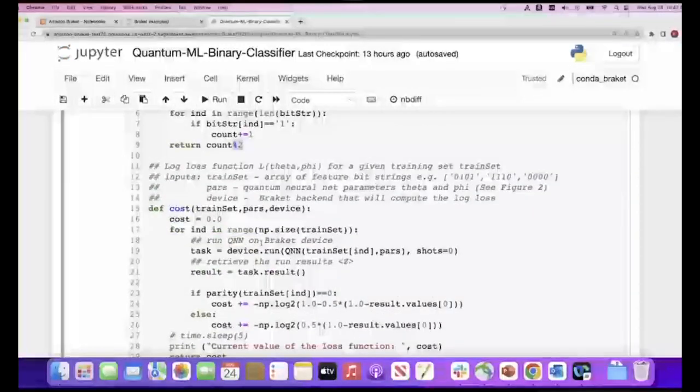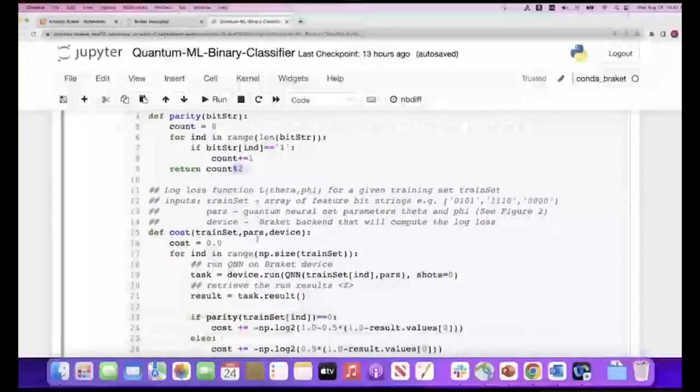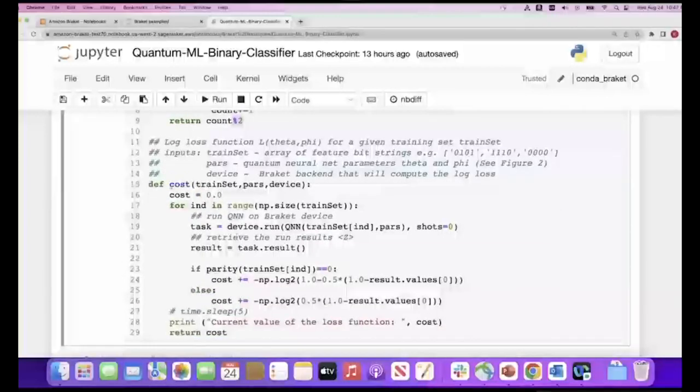Oh, sweet. And with this parity function defined, here is the actual cost function. The cost function is parameterized by your training set, which is the actual labels you want to pass in, and also by the parameters you have, and then the device, right? Because I want to run first,